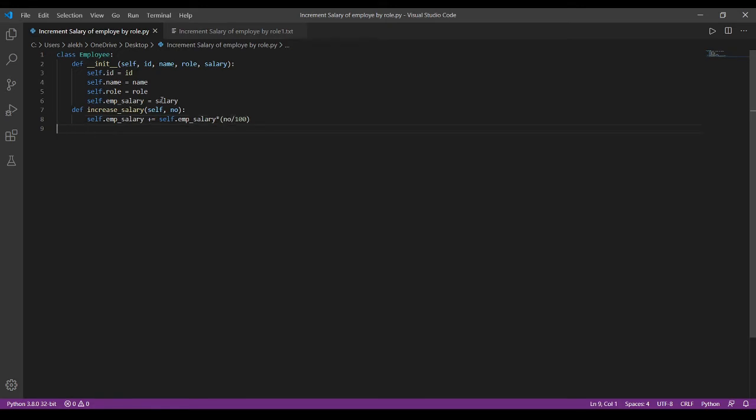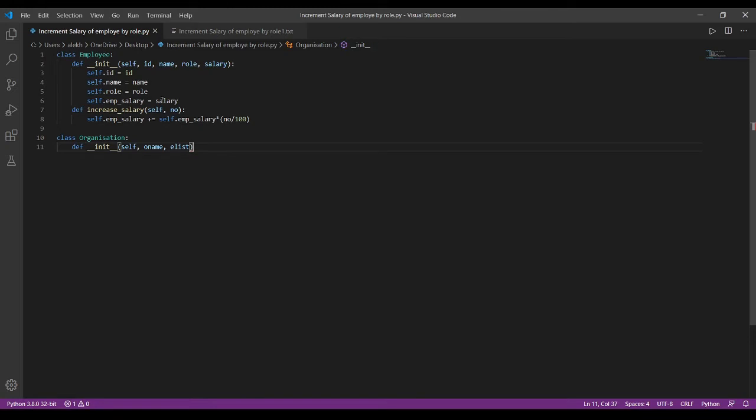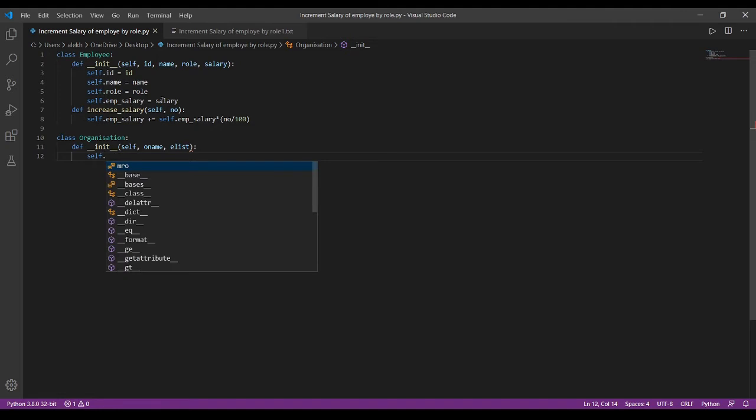Next, create another class called Organization. Creating the constructor, it takes two arguments, organization name, O name, and employee list, that is a list of objects. Next, initializing them.